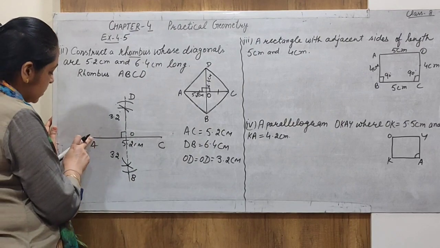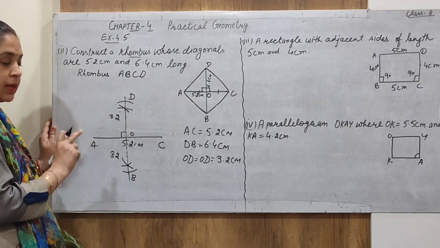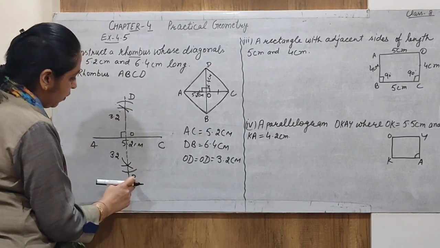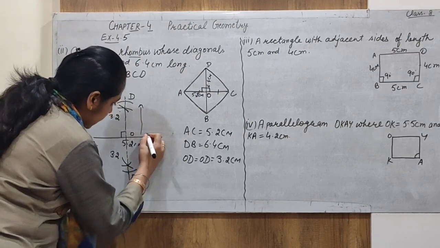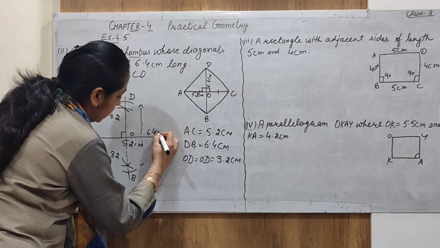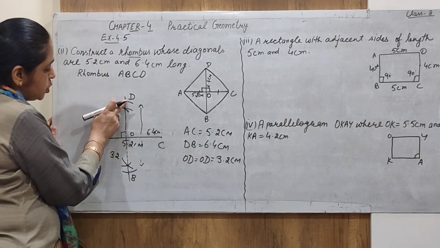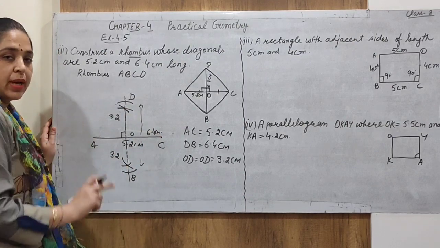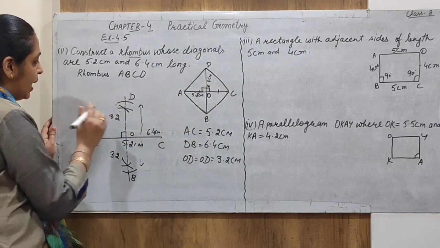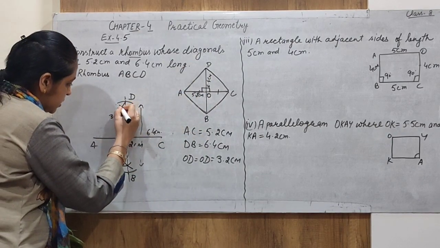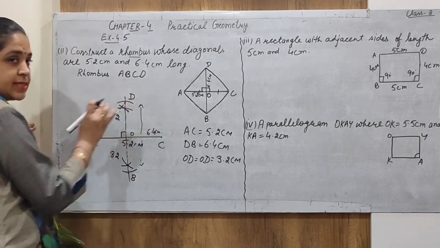And the names of the points are point D and point B. So by this we get A, B, C, D, all the vertices of the quadrilateral. So the total length of this diagonal is 6.4 centimeter. Now join all these 4 points to get a quadrilateral which is drawn on the basis of the diagonal. Alright, you have to just match all the vertices of these points.